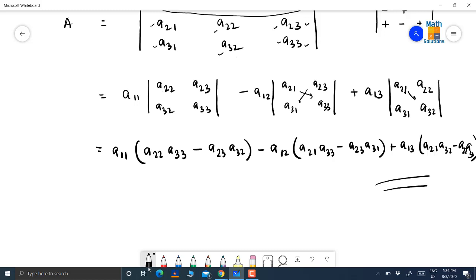If we have an example, if in these places of A11, A12, A13 we have any number or algebraic expression, these terms will all be replaced. So that's the technique by which we can expand a determinant. So these are the preliminary information for starting the exercise of determinants. So in my next video we are going to discuss the questions of exercise 4.1. Thank you.